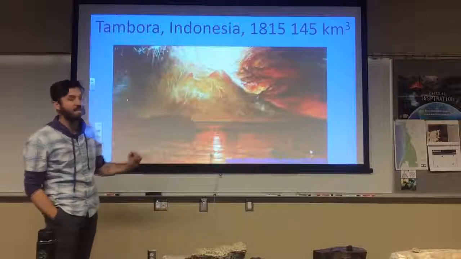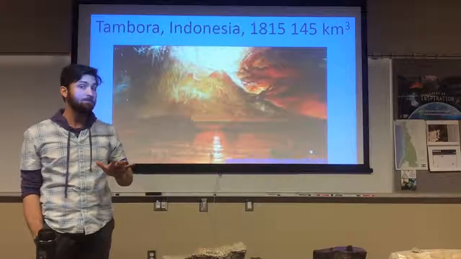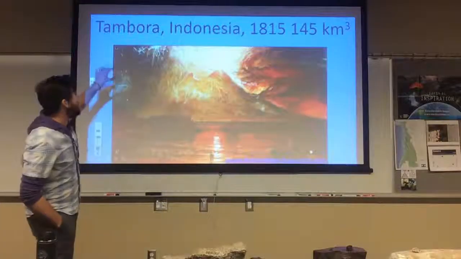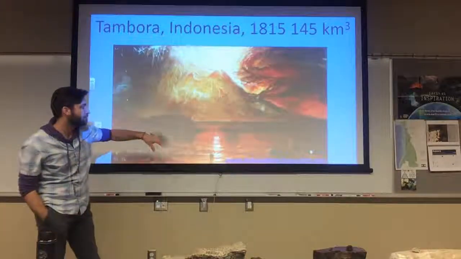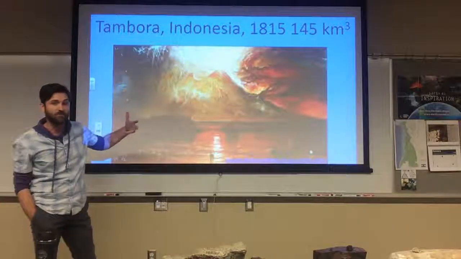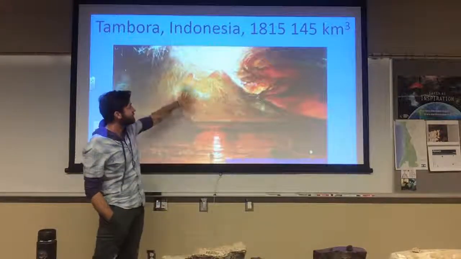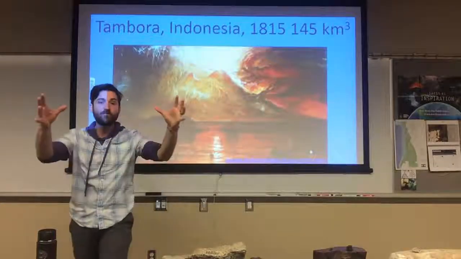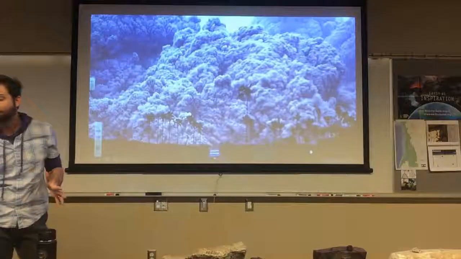All right, now, slightly larger, kind of an obscure eruption, but still historical. This is 1815, another one of these volcanic sequences followed by famine, or at least agricultural failure, because of this eruption. Tambora, also in Indonesia. This is a painting by J.M.W. Turner, showing kind of a rendition of this. Again, this is in literature. This is a well-known eruption to Europeans. And here we have 145 cubic kilometers erupted. 145 times the Mount St. Helens eruption. Okay, these things are huge, amazingly huge.